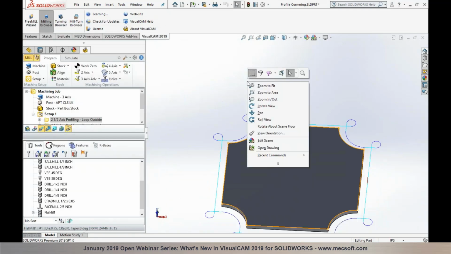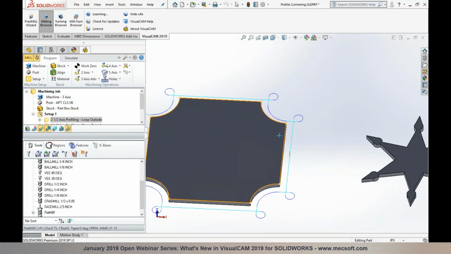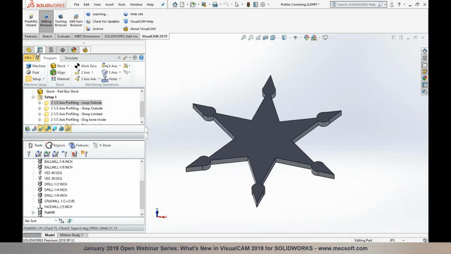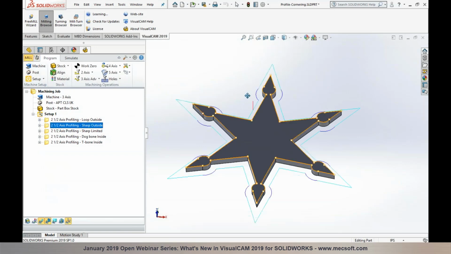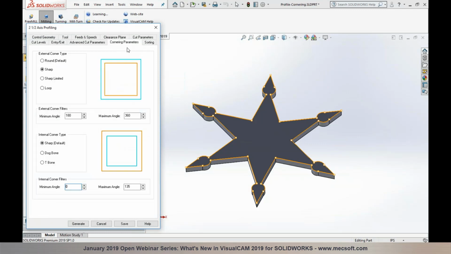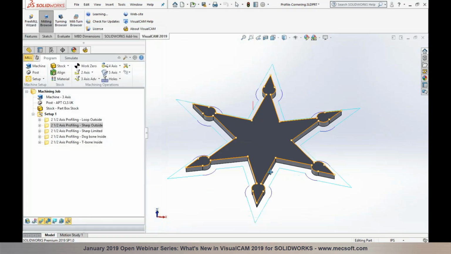The next one I would like to demonstrate is the sharp corners in here on this example. So we have selected sharp, and you will notice that in the cutting parameters and the cornering parameters, there's 2 types. One is sharp and you have sharp limited. So sharp limited restricts the overshoot length. So in this particular example,